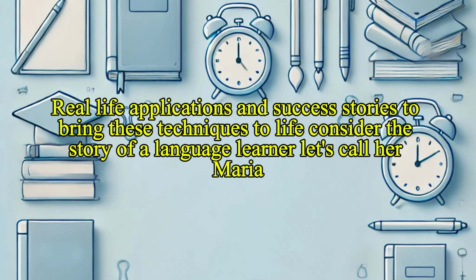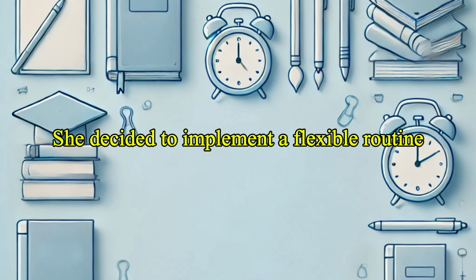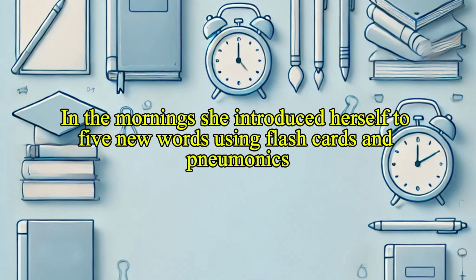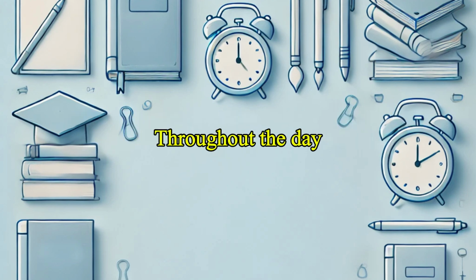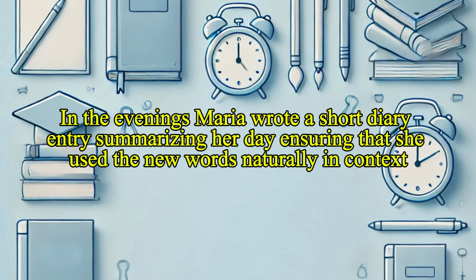Real-life applications and success stories to bring these techniques to life. Consider the story of a language learner. Let's call her Maria. Maria struggled with remembering everyday vocabulary despite her efforts. She decided to implement a flexible routine. In the mornings, she introduced herself to 5 new words using flashcards and mnemonics. Throughout the day, during her commute and breaks, she reviewed these words on her phone using a spaced repetition app. In the evenings, Maria wrote a short diary entry summarizing her day, ensuring that she used the new words naturally